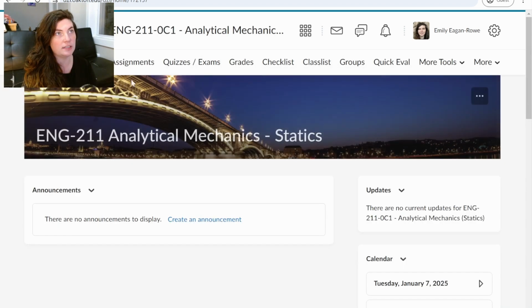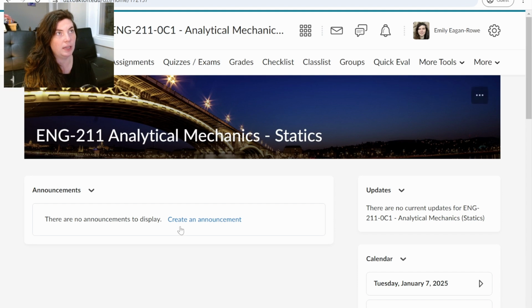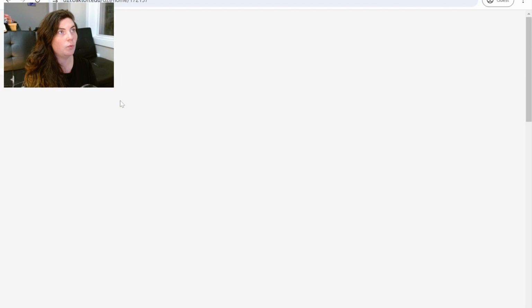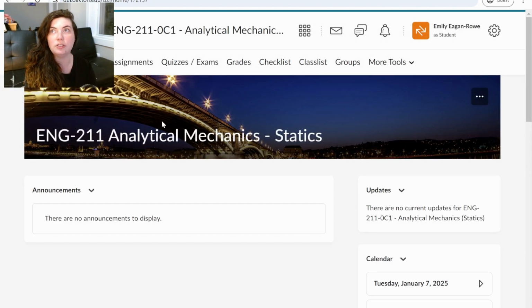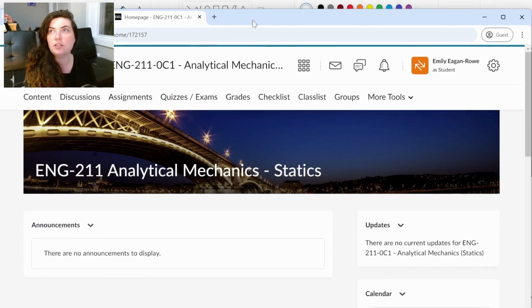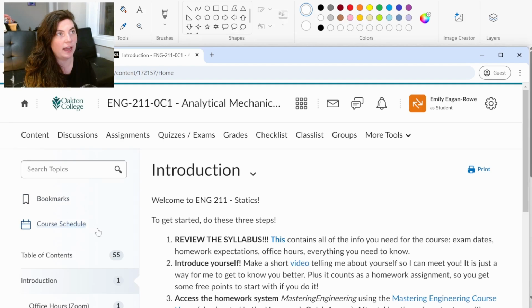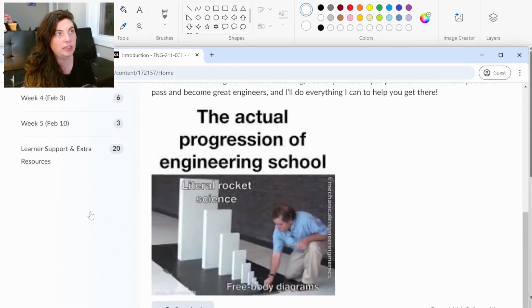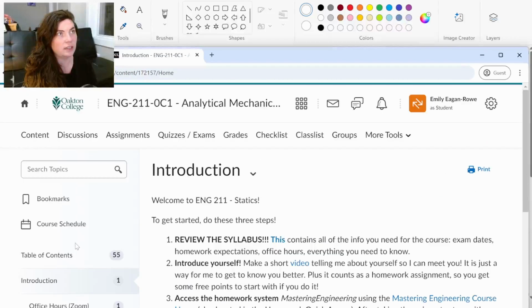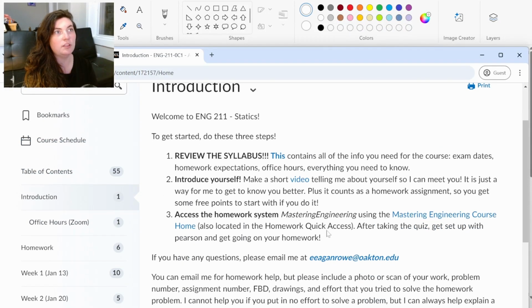If you click on here, it has this nice picture of the bridge. You'll see maybe an announcement or something down here. But what you'll have is everything you'll need for this course. Let me bring this back down so you can see it a little bit better. Your content here is going to have everything that you need for this class, including the first things that I